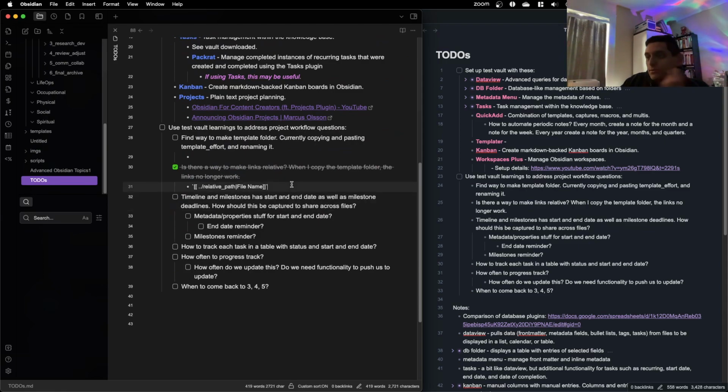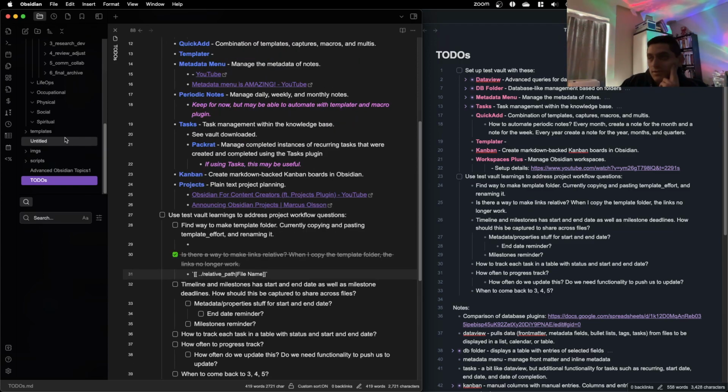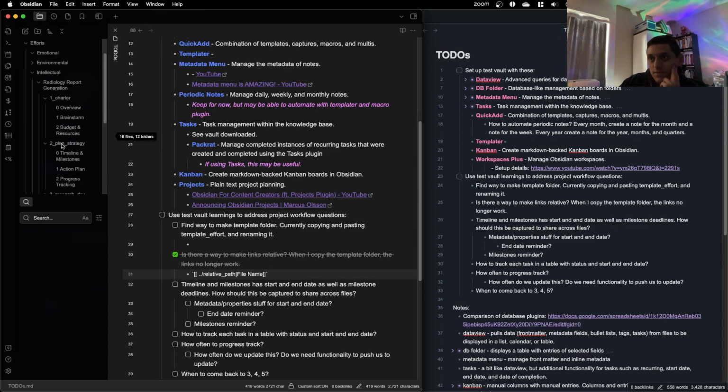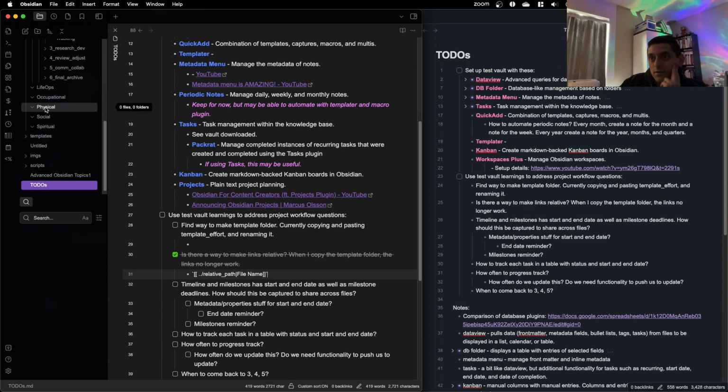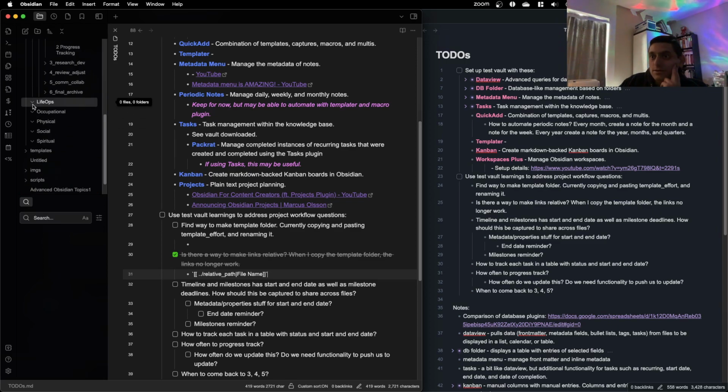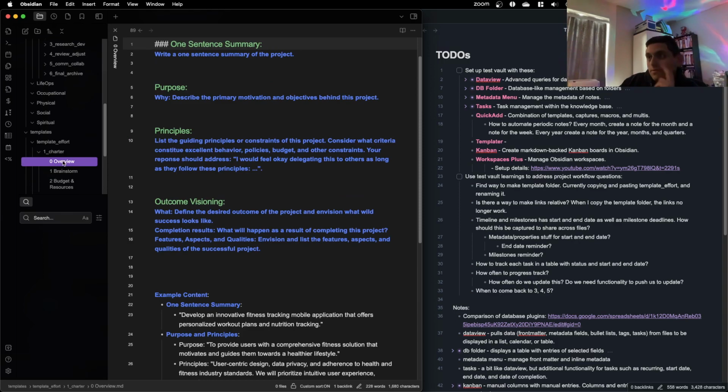One of them was if I'm referencing files within my template folder, then how do I make it relative if I'm copying over? And so because of that, you can actually see, I think I just noticed, where was it? Template folder overview.